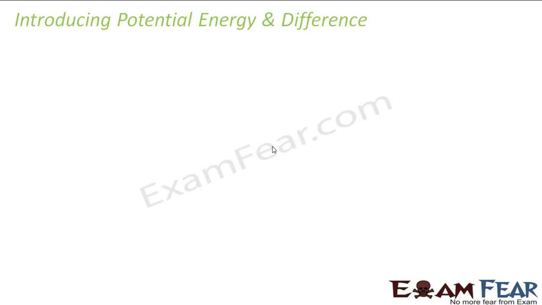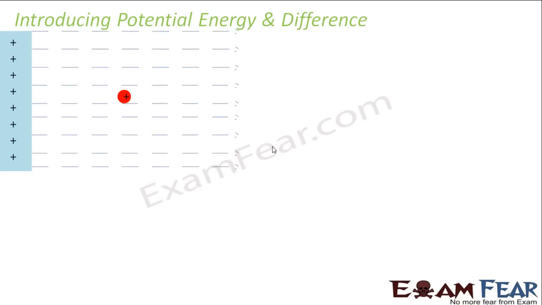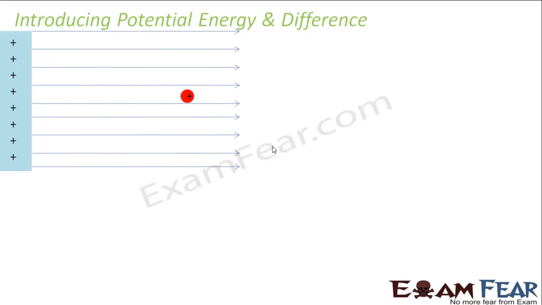So let us quickly, in the previous slide, I roughly told you what is electrostatic potential energy, right? So now let us look at it in detail. So I'll again have a quick recap of what I told you in the previous slide. So this was your positively charged conductor and this red one is your small positive charge which you bring in the vicinity of this conductor. These are the electric field lines for the conductor. So what happens by default? The charge moves away from the conductor because both of them are positively charged.